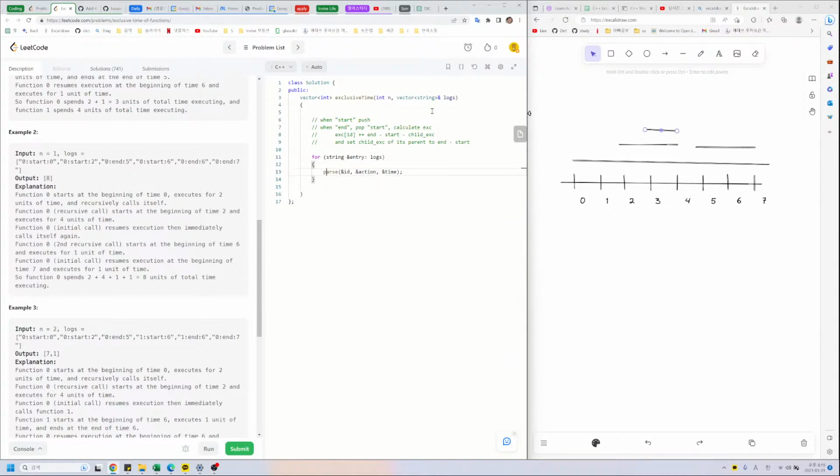We parse this, and now we know the ID, so there must be some stack. So this stack will have ID and then child exclusive time, right? So a pair of ID